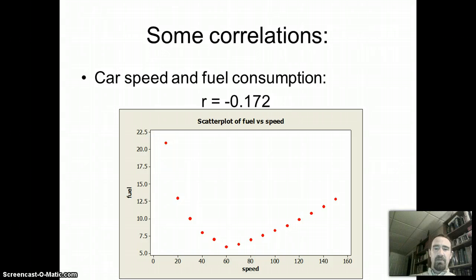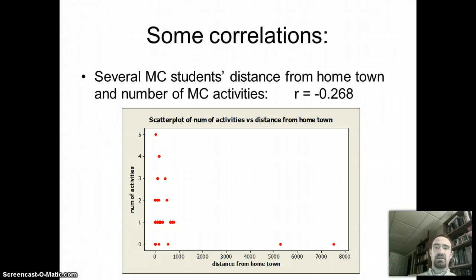One final point I want to make with some scatter plots, that correlation is actually very sensitive to outliers. So here's a scatter plot. I got some data from one of my early classes, the number of activities they were doing, and also the distance from their hometown when they were at Maryville College. And we can see two really clear outliers on the distance from hometown, very far away from home, and they weren't doing any activities. These other ones don't really look much like a linear relationship, hard to say,